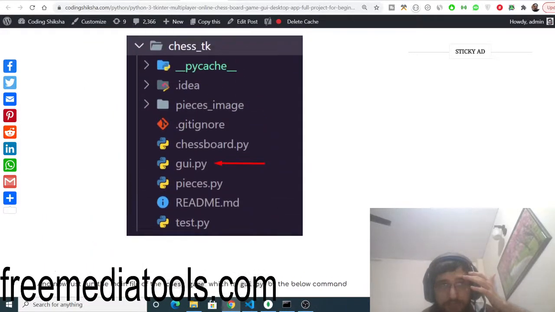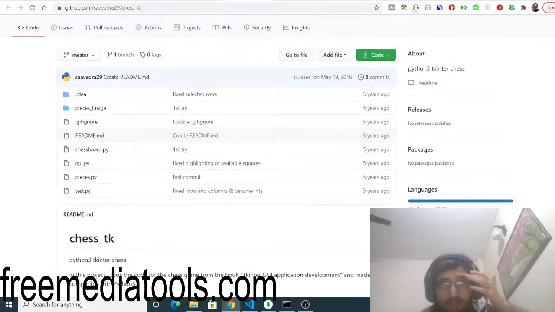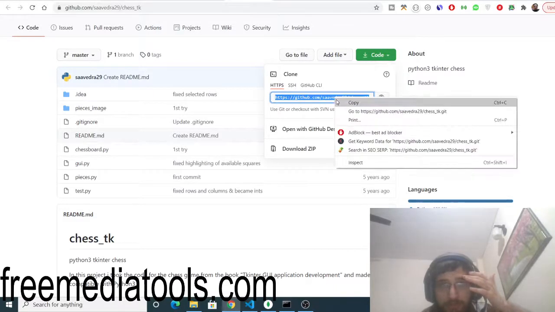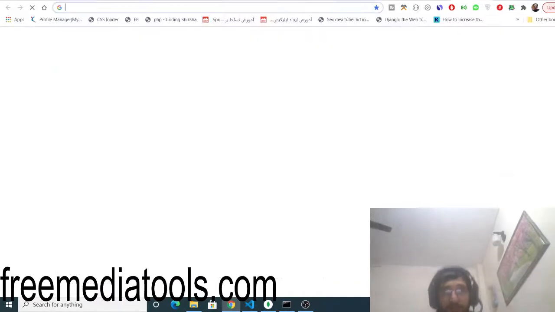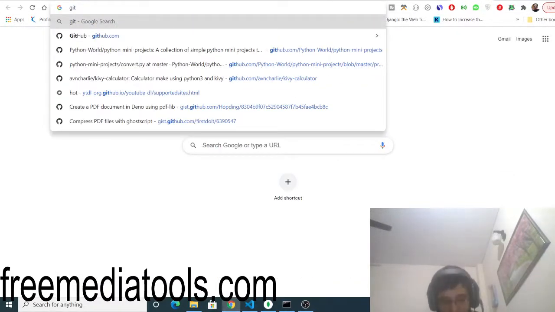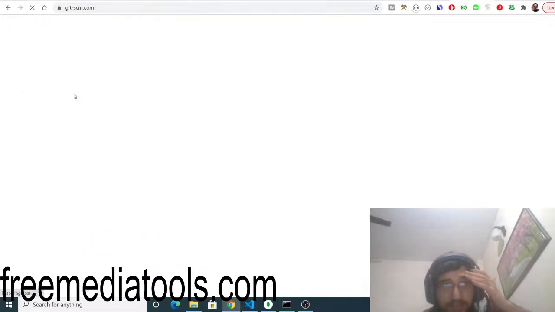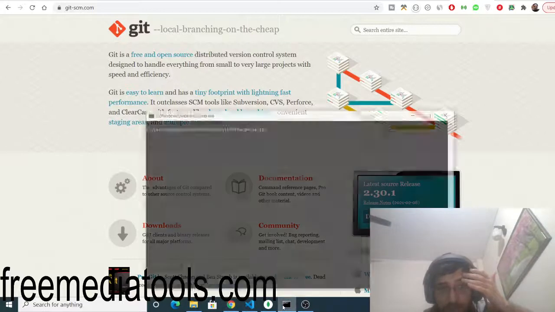First of all, if you go to this GUI application, and you are building on Visual Studio, you simply need to copy this address if you have Git installed on your computer. Git is a tool for programmers, so just type git here, and if you don't have it, just install it by going to this website. If you have Windows, just click on the download button and it will install it. It's a command line tool.